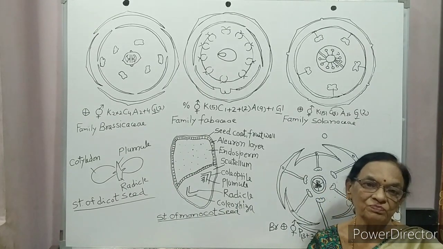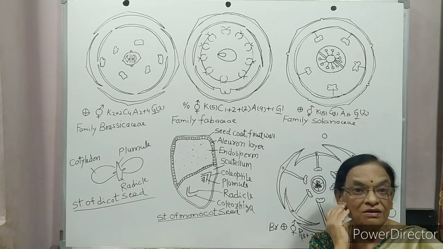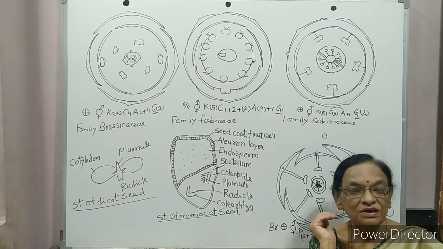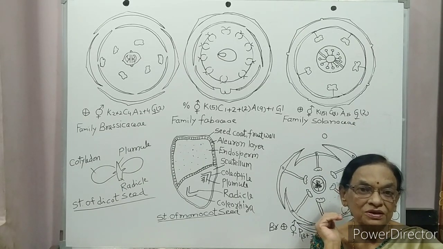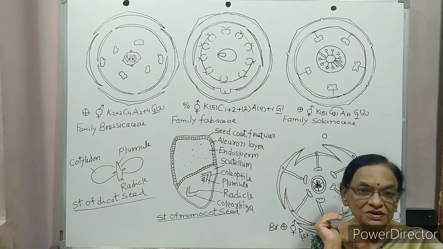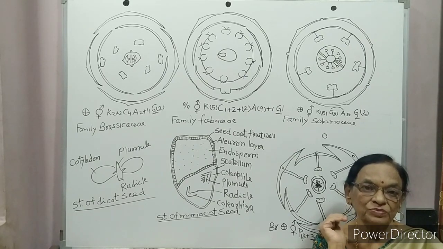An example is mango. The layer of ovary in the formation of fruit is converted into pericarp. This pericarp in mango is differentiated into three parts. Epicarp, the outer skin, which is green in raw mango and yellow in ripe mango. So epicarp is the outer skin of the fruit.